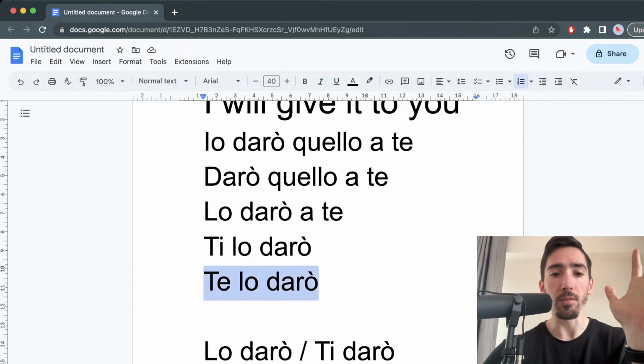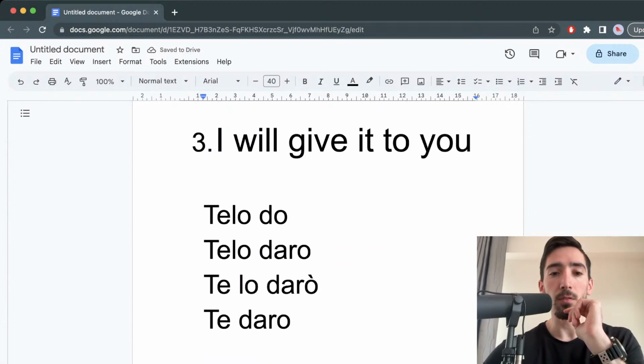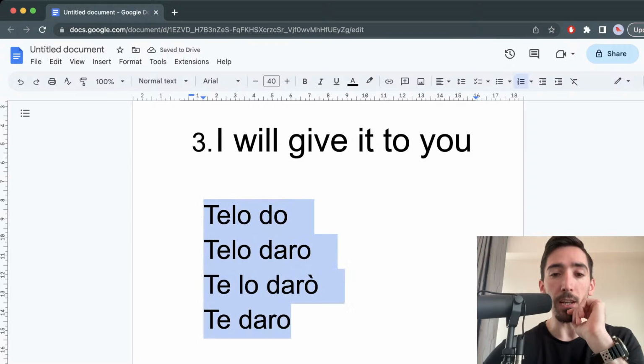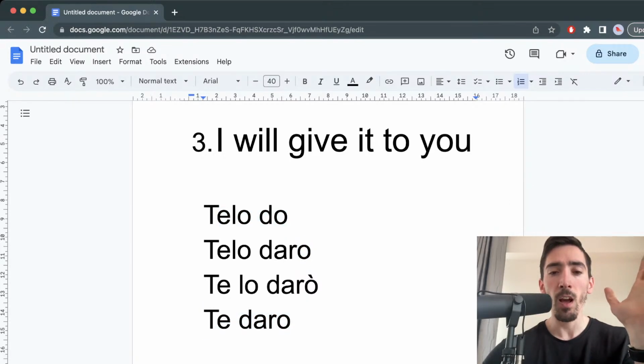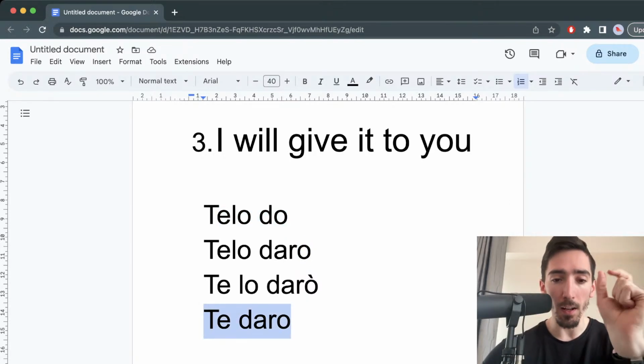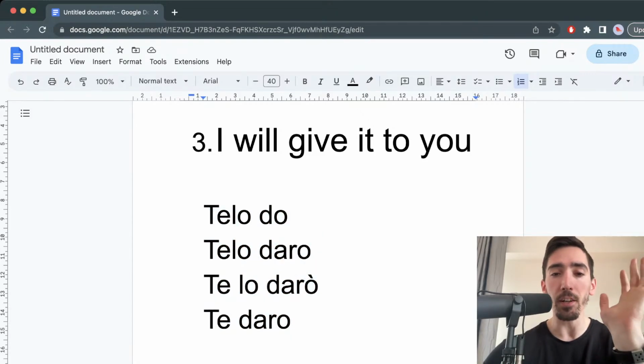So this is the final translation. I'm just going to highlight it here. And so you all actually came pretty damn close to it. This is correct. This is just missing an accent, but it's virtually correct. This was close. This is close. This was missing one little bit, but very, very good.